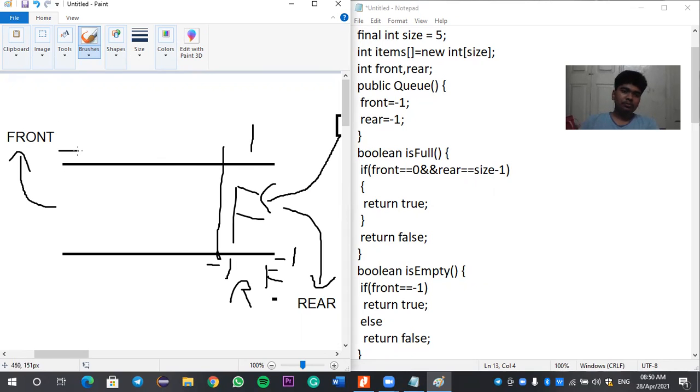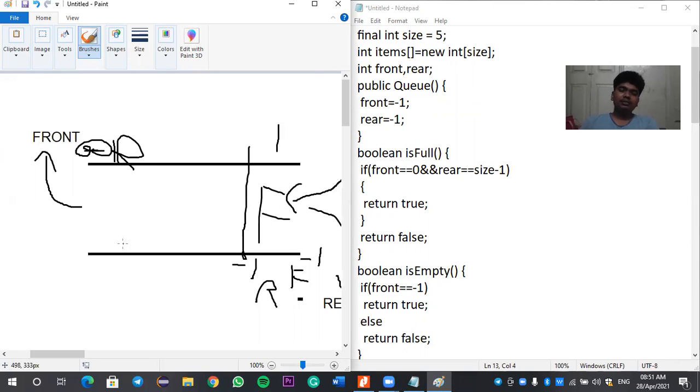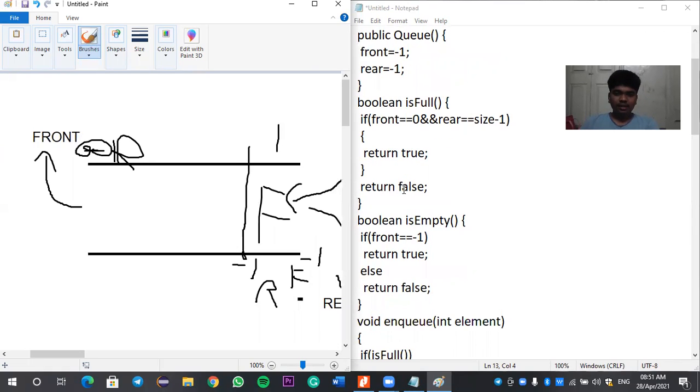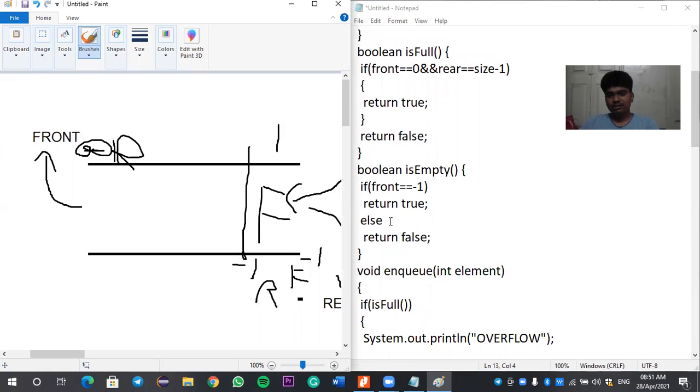So rear should move till here, till size -1. If it is true, then we return the value true, otherwise false. So the boolean isFull condition is this. This code will not be so relevant to this picture representation. We need to make some small changes to get our code efficient and also to get the output. And otherwise we return the false statement.